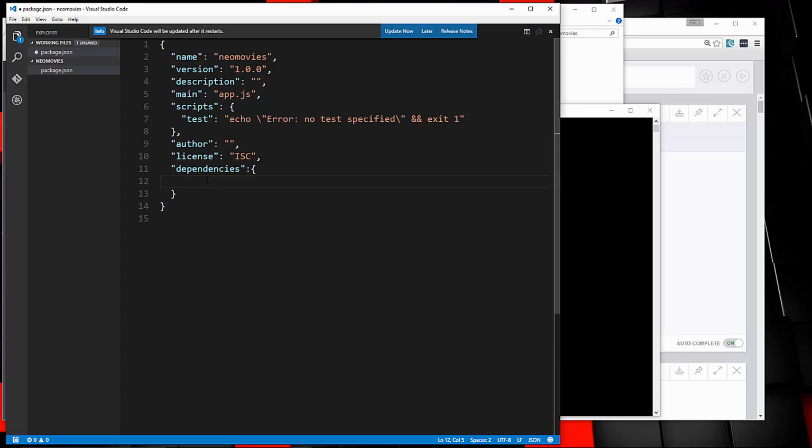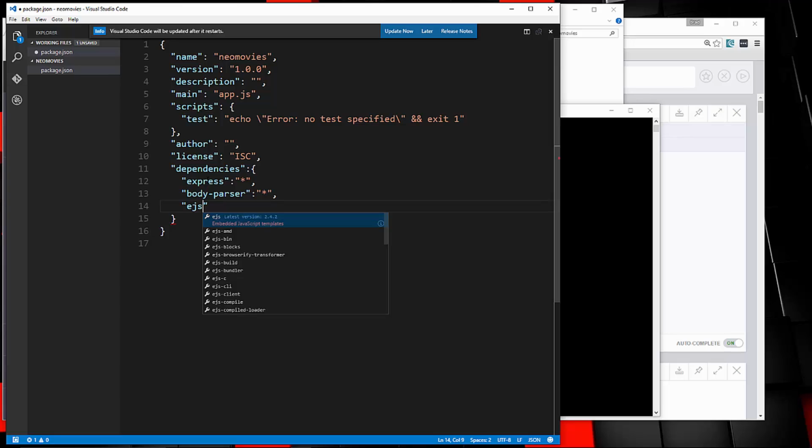Okay, we're going to be using Express. We use Express for our routes and things like that. We want the latest version. We also want body parser. Okay, we're going to be using EJS for our template, which is embedded JavaScript. And for that, I'm going to say version 2.4.2, and we're also going to use Morgan, which is a logger,